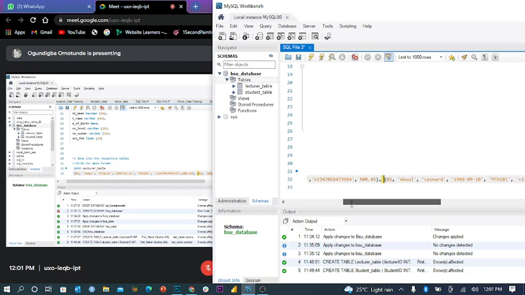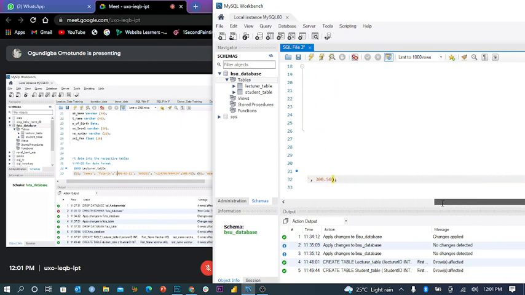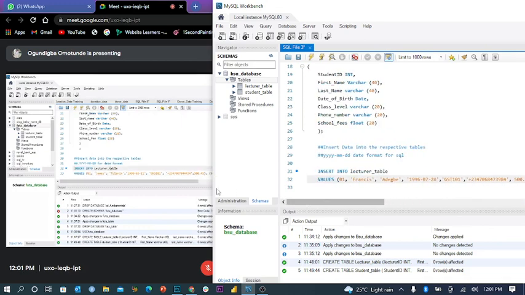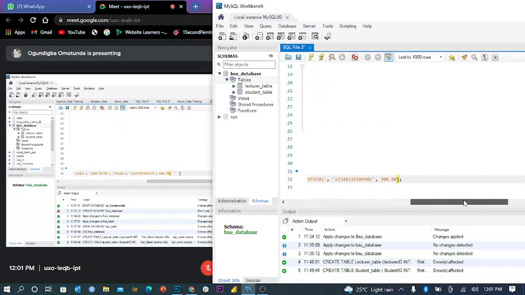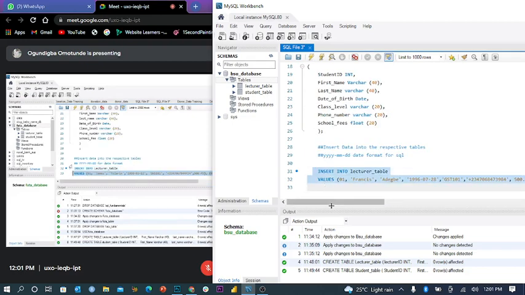So I don't want to bore us with the inserting of the values. So let's just use these two for now to end it with our semicolon. Now we can run this.